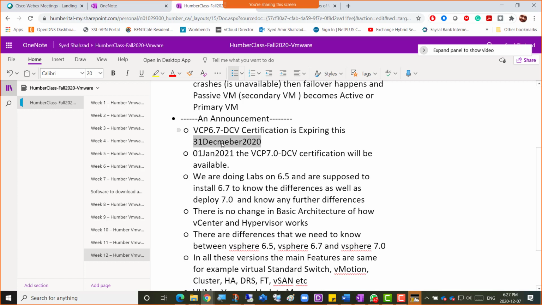So I'm in talks with VMware about what's going on here, and why they are expiring this so soon all of a sudden. Otherwise you need to wait for 1st January, and I think our course is finished before 1st January, right?